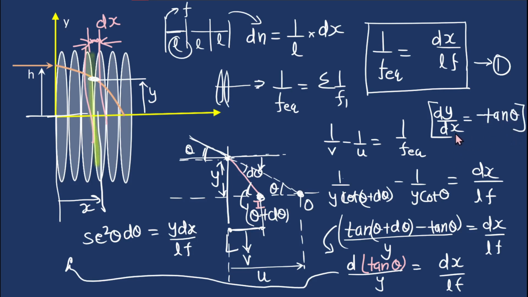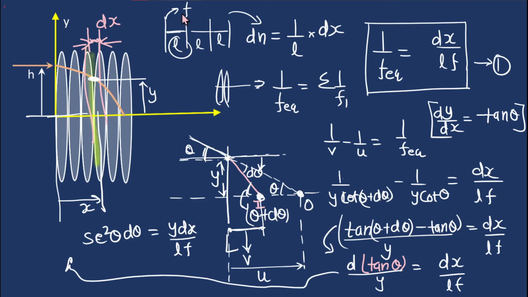Now using this relation, we can just change dx in the form of dy. So we can substitute the value of dx, that is equal to dy by minus tan theta. So dx can be replaced with dy by minus tan theta, and we will get dy and dy here, right? So let's move on to next page here.